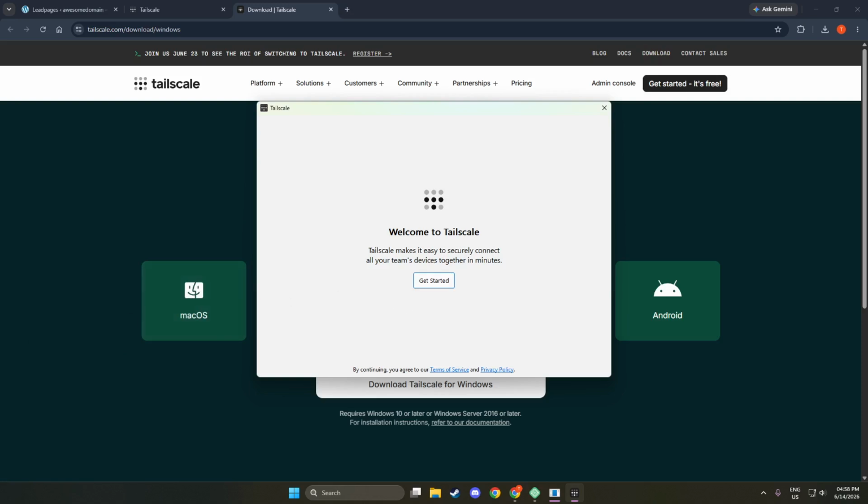You might notice a progress bar indicating how much of the installation is complete. This visual feedback is helpful for monitoring the process. The installation shouldn't take long, typically just a few minutes depending on your computer's speed. Once the installation is complete, you will see a message confirming that Tailscale has been successfully installed on your system. This confirmation is reassuring because it tells you everything went as planned.